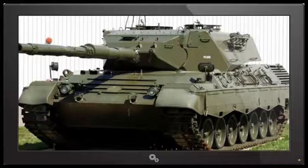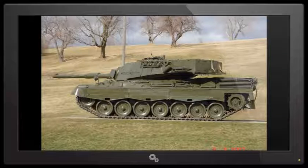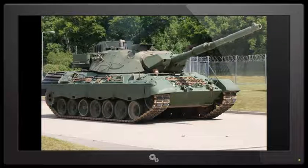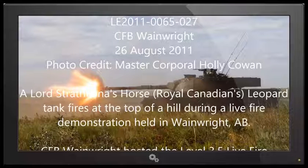Okay, I already read that article. So I guess at this point, oh yeah, so the engine is in horsepower for those of you. Other sources said that the 40 Canadianized Leopard 2A6s and 2A4s and Ls were for training in Canada, and a